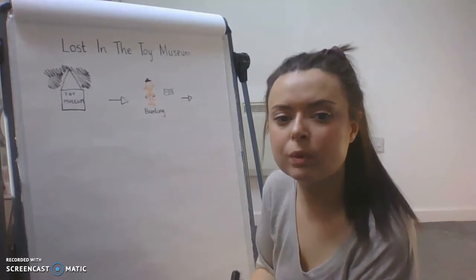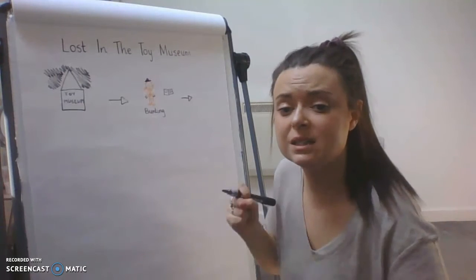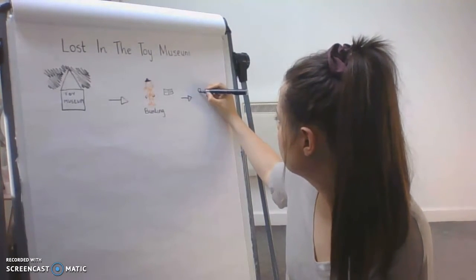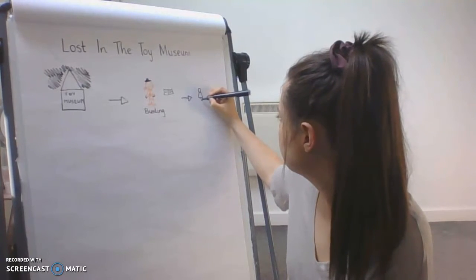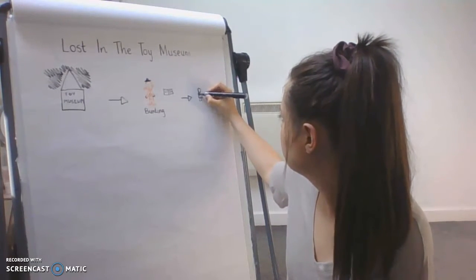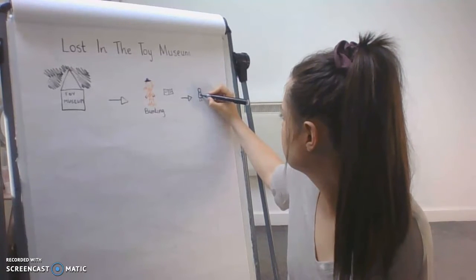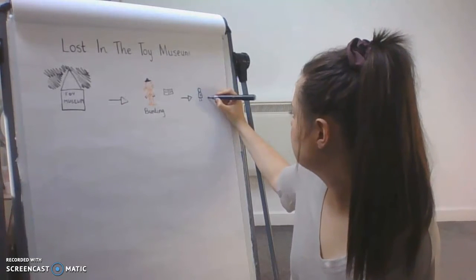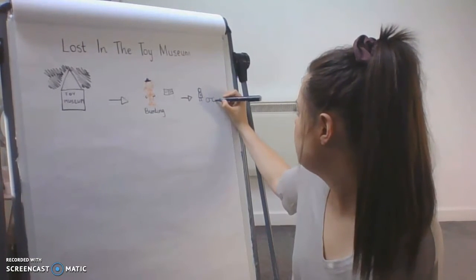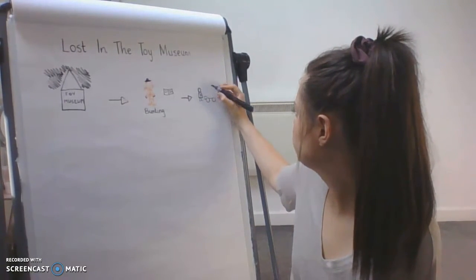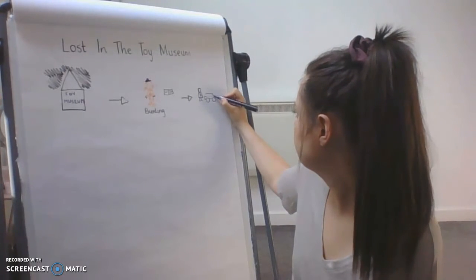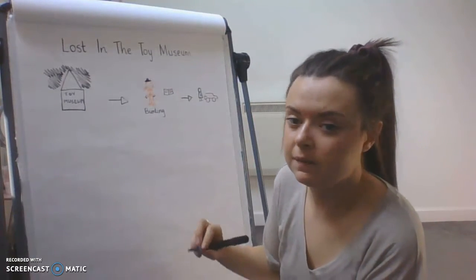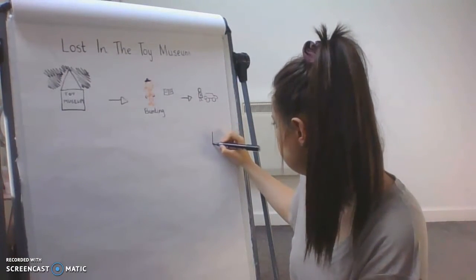But what happened when he came to do the register? The toys ran away. So I'm going to draw doll, she ran away. There could have been a bear that ran away. There could have been the train. So I'll draw the train running away. Okay, lovely. So then,